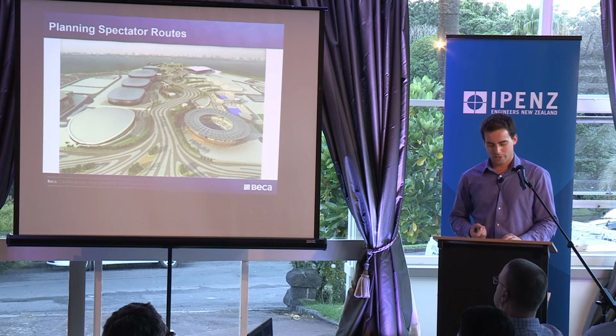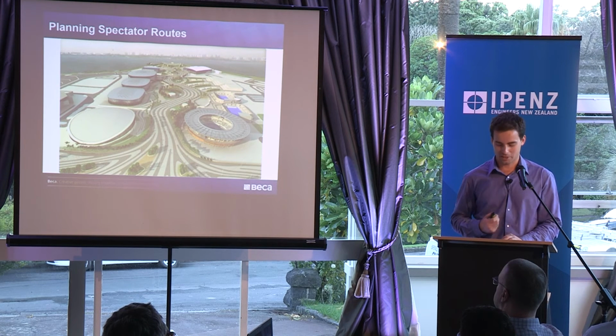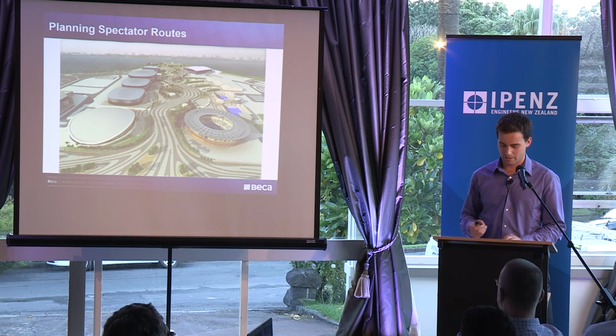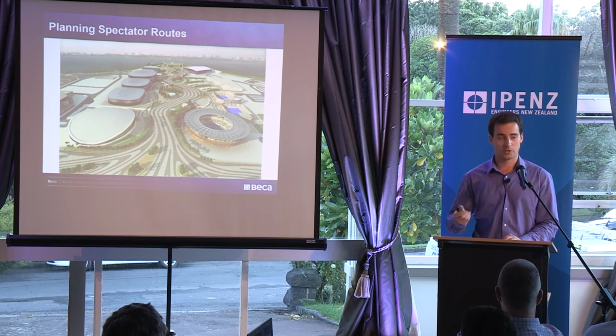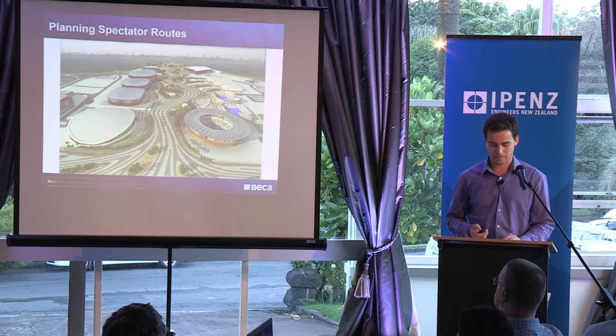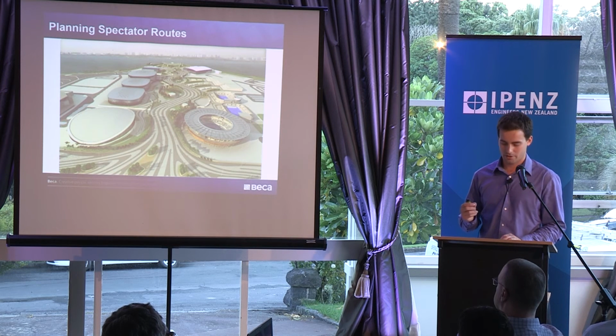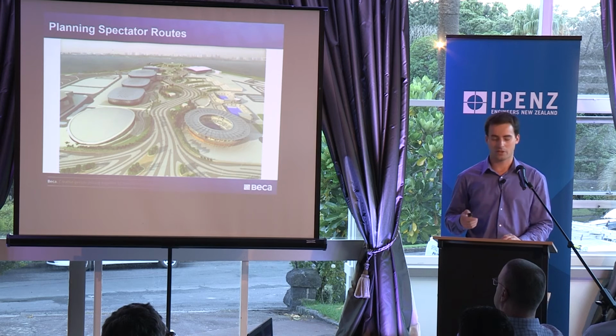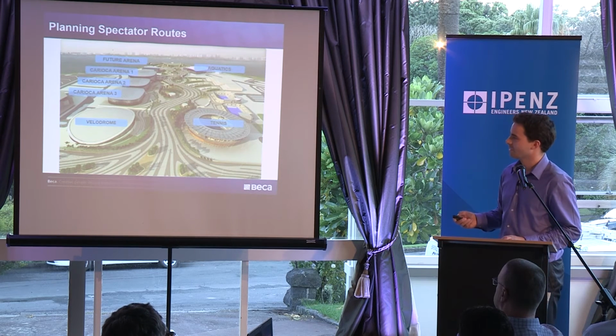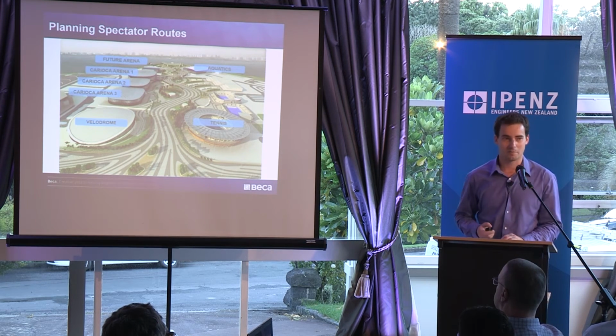At the heart of crowd modelling is planning and understanding the spectator routes, studying the journey from when they get off their transport, through security and the venues, to the venues, and then back again. An Olympic Park is a unique environment. In Rio, there are 9 venues centred around a common area. So this is the Olympic Park out at Barra.